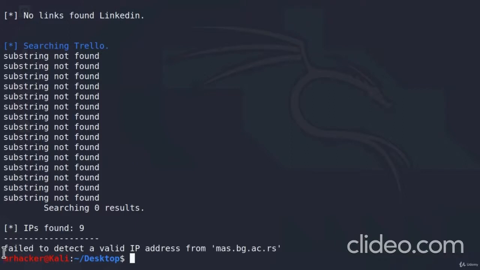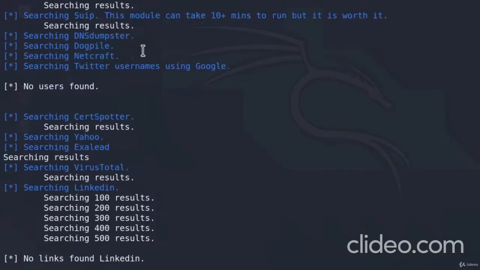As it says, failed to detect a valid IP address from this domain name. We also didn't get any emails. And I'm talking about scanning this same domain just on 2 different days. That's why it is always good, in case you don't get any results for this tool right now, to